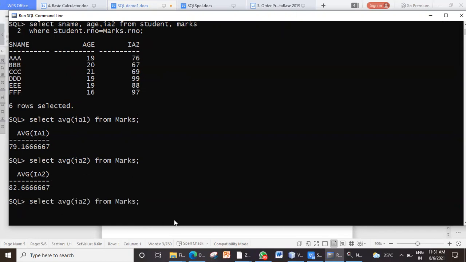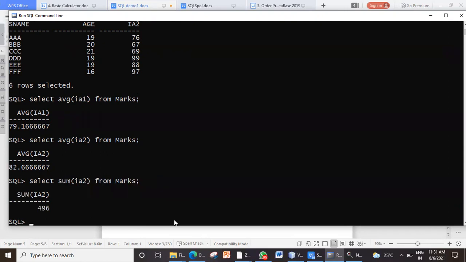Similarly, if I want to find the sum, actually sum is not required, but just to show you the sum of the marks, we normally don't calculate the sum of marks, but the sum is 496, just to demonstrate the function. Then suppose you want to find who has scored the maximum.